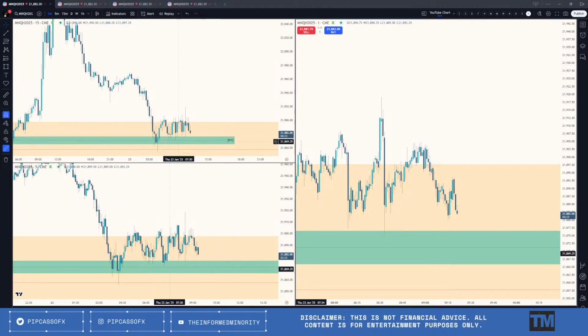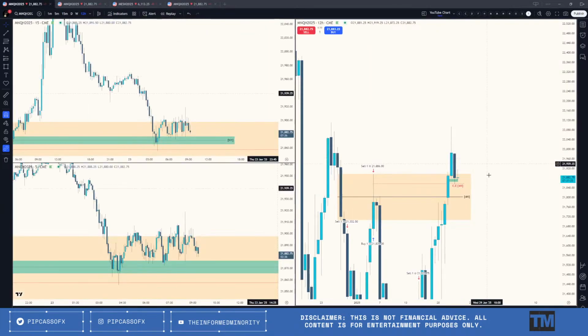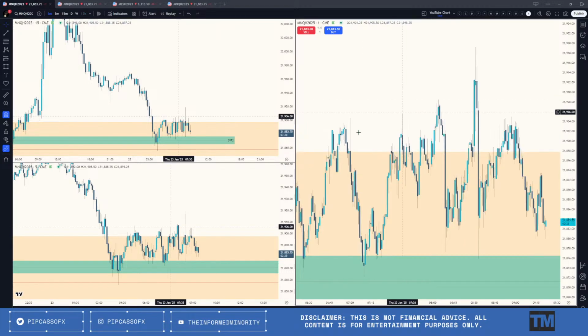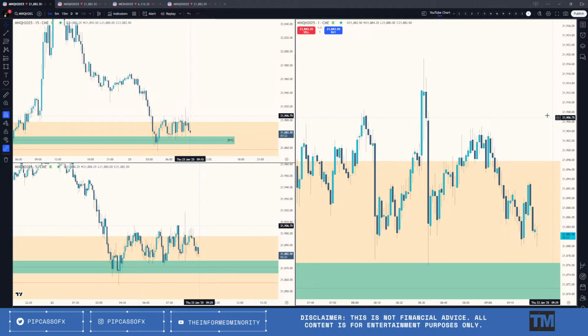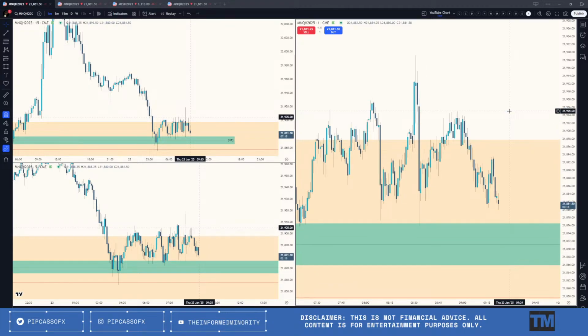I am favoring the upside just because of what we had on, and potentially maybe a little stop run and then go a little bit higher, because we're in a consolidation right now on the lower time frame. We've just been trading sideways, so maybe we'll come out, take some stops, and that's what I would like to see. I'm kind of favoring that as well.